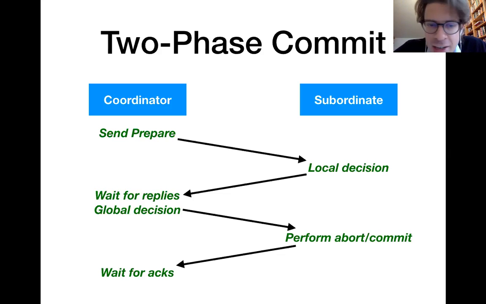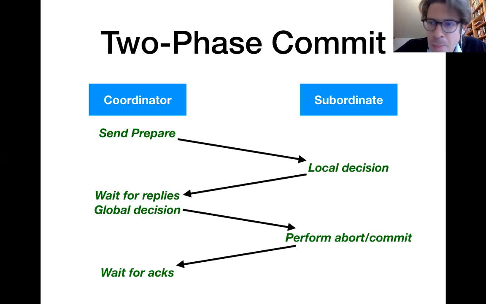In the first phase of communication, the coordinator essentially tries to find out whether the transaction should commit or abort. And whether that happens may depend on data that is available on one of the subordinate nodes. So the coordinator essentially needs to ask them whether we should proceed with the transaction or not. So the coordinator sends a question to the subordinates whether they want to proceed or not. Then each subordinate makes a decision based on the data that is locally available to it and replies back to